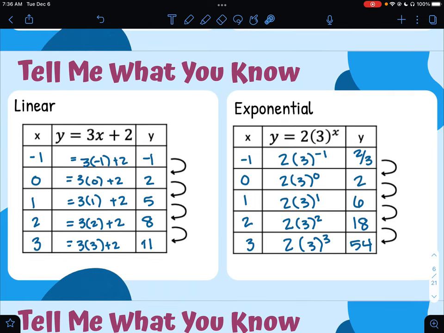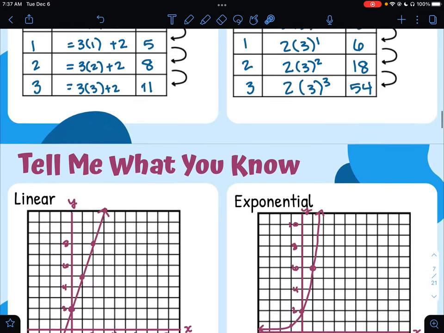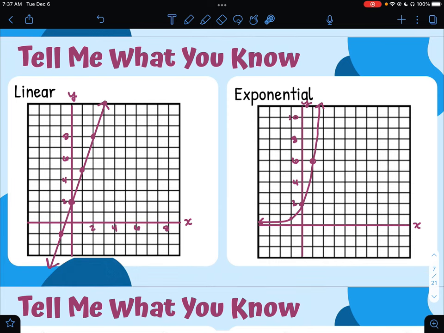We would then take our formula or our function rule equation, and we would evaluate it for some x values. So let's just use -1 through 3. For each of these values where the x is, we're going to substitute our x value. We would evaluate and simplify to get our y. From there, I would take each point, so (-1, -1), (0, 2), (1, 5), (2, 8), and (3, 11), plot